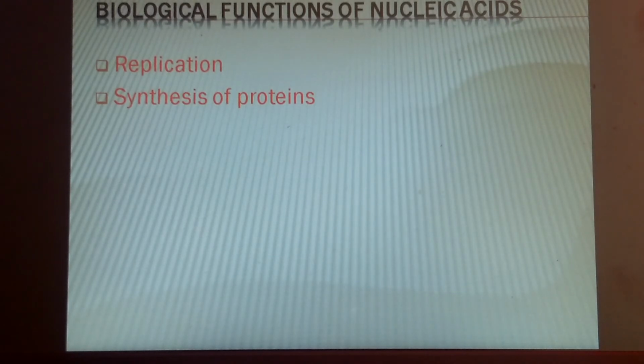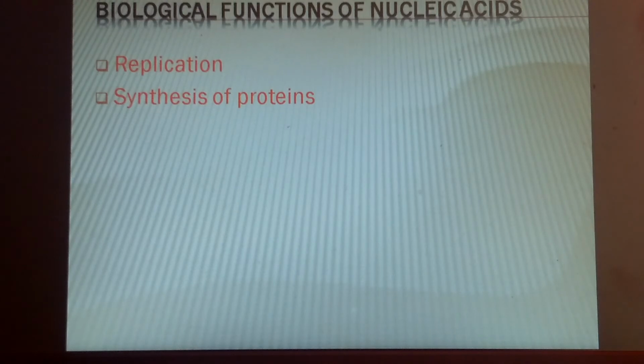The proteins are synthesized by RNA molecules in the cell, but the message for synthesis of a particular protein is given by DNA, or it is coded by DNA. Here you might be thinking I am telling only about DNA, so what is the function of RNA? We have seen that the message has to be sent. And rRNA is going to catalyze that protein synthesis, and the last one, tRNA, is going to transfer all the amino acids which are needed for the synthesis of a protein. So all these things RNA is going to do.